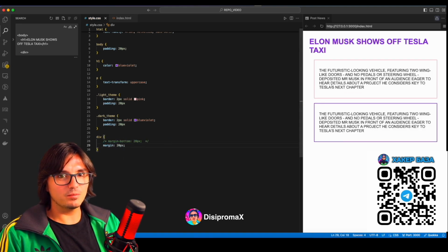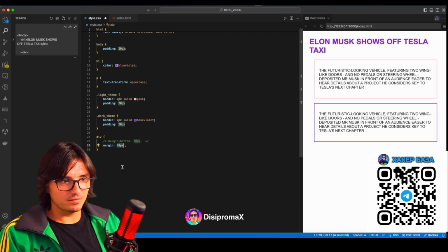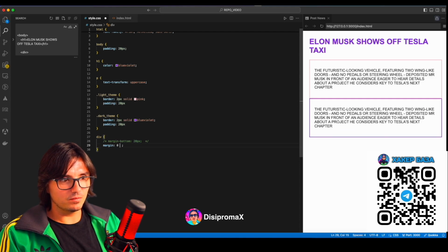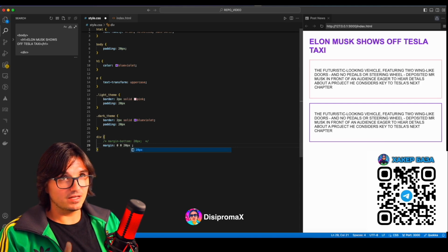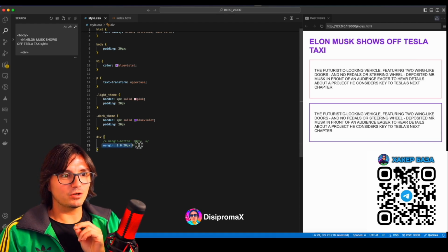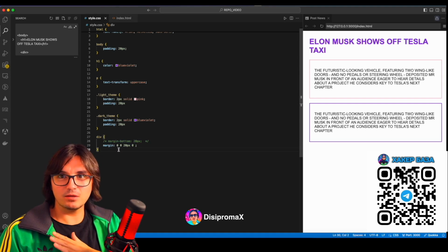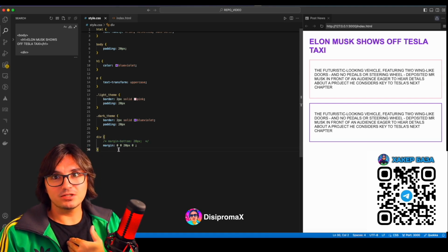Remember how I talked to you about this? It sets margin from all sides, as you can in this format. If we need to set a different margin on each side, do you know what we can specify? Remember, we have 4 sides: up, right, down, left. Up 0, right 0, down we need 20 pixels, left 0. Look, remember this format better, because of course you can use margin bottom, margin right, left, but remember up, right, down, left. You won't believe it, I've remembered this since I started programming.